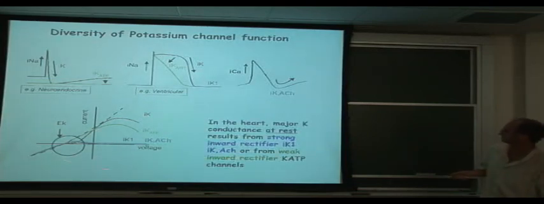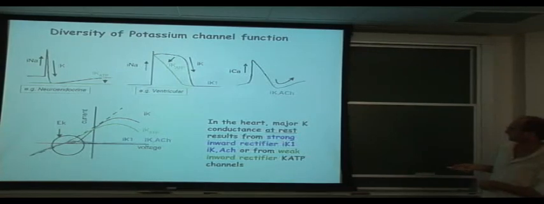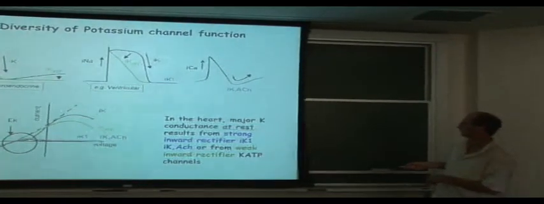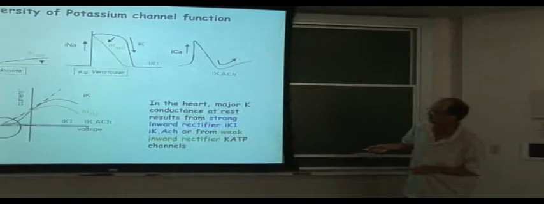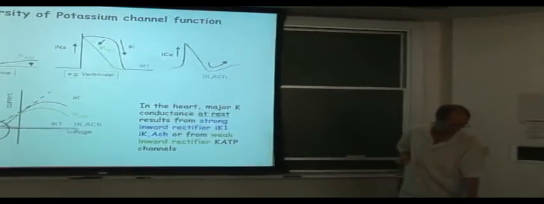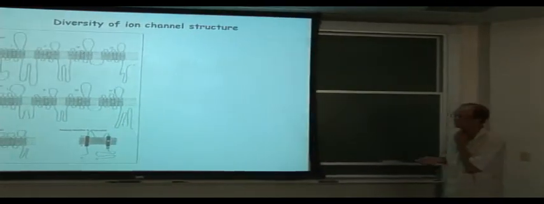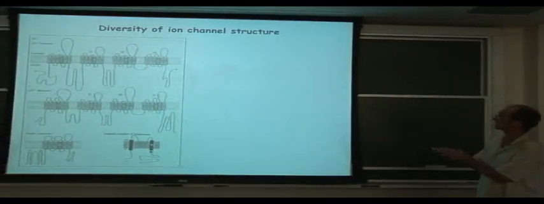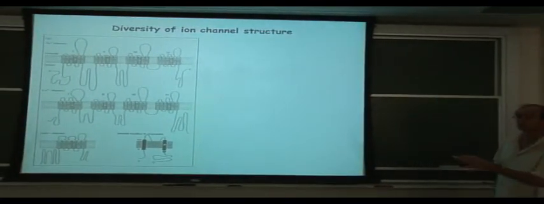What's the point of this? In the heart, major K conductance at rest results from strong inward rectifier or from weak inward rectifiers. Okay, this is just to say that the resting potential is generated by these channels rather than voltage-gated channels. And to put you all on the same page in terms of the structure of these channels, because I'm going to talk a little bit about structure function,